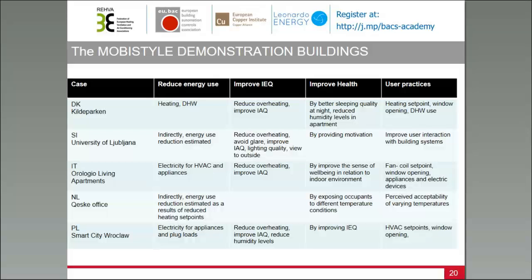When we think about connecting the building with the building automation system and behavioral change, the final scope would be to change behavior, but in the long term to establish habit formation and user practices on how to interact with building automation and control systems.